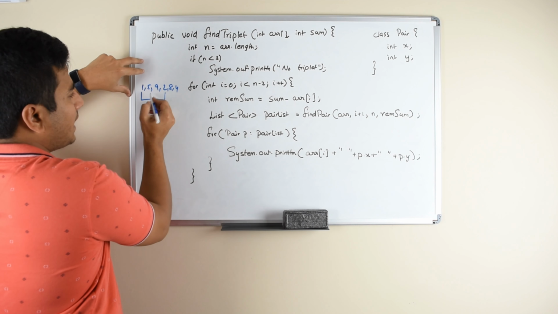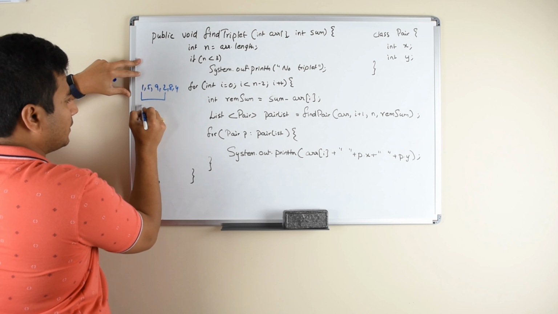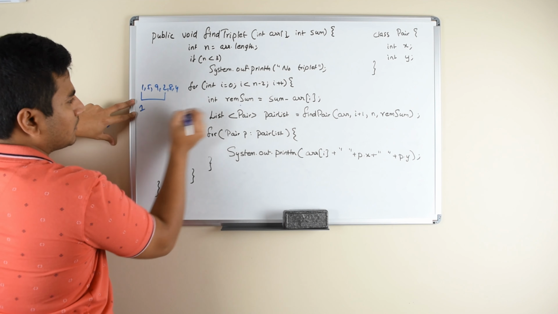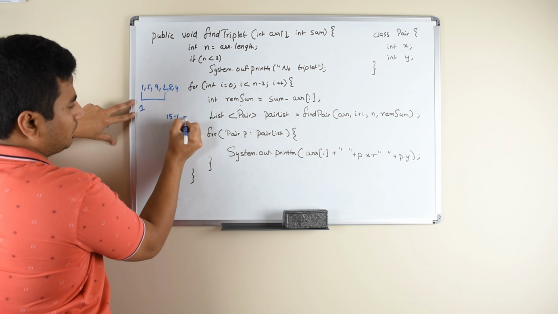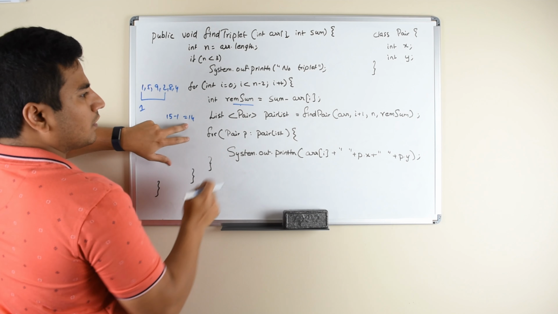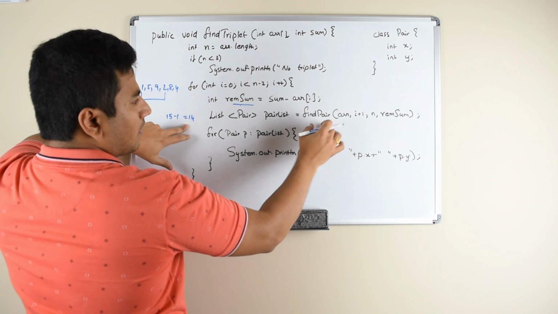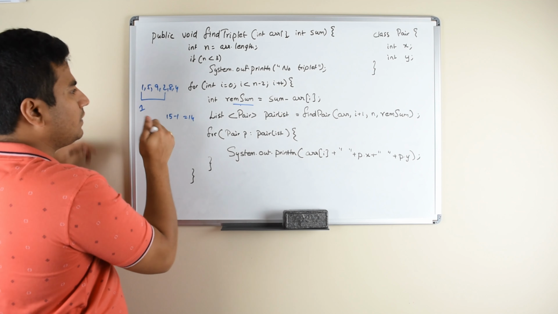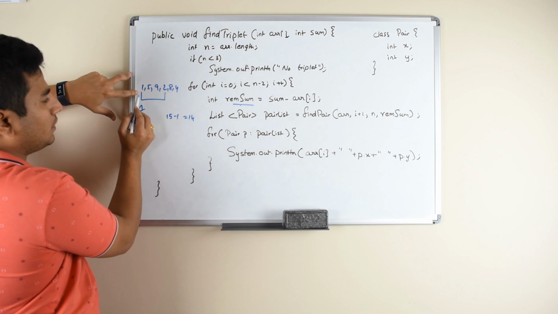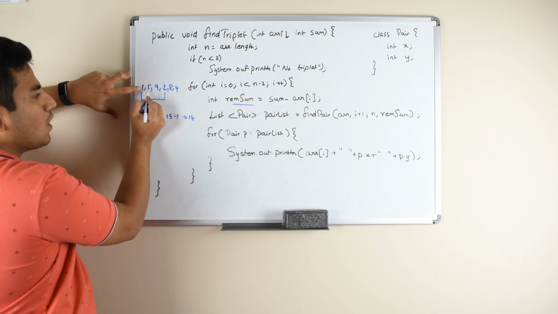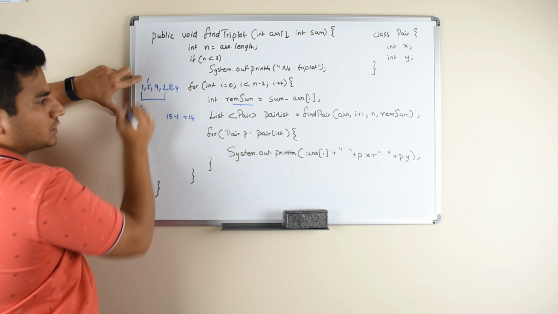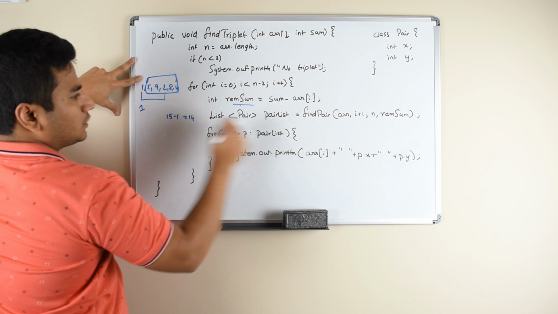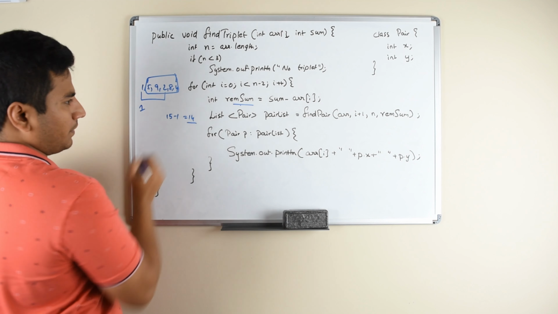And you calculate the remaining sum. So once you pick an element from here, let us say you picked 1, you have to calculate the remaining sum. The remaining sum in this case would be 15 minus 1, which is 14. Once you have the remaining sum, you pass it to a different function which tries to find a pair on the same array between the elements of I plus 1 to n. Since your I position is at the 0th position, you are passing I plus 1, which is index 1, to n, which is the end of the array. So you are passing this array to find pair to find the remaining sum of 14.